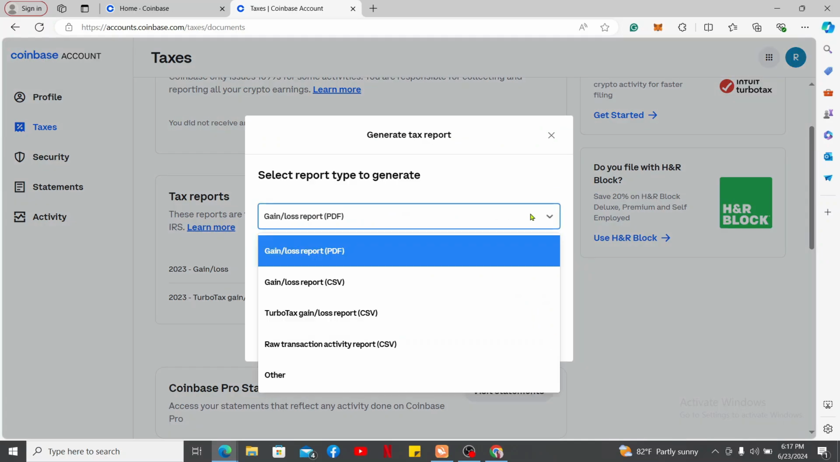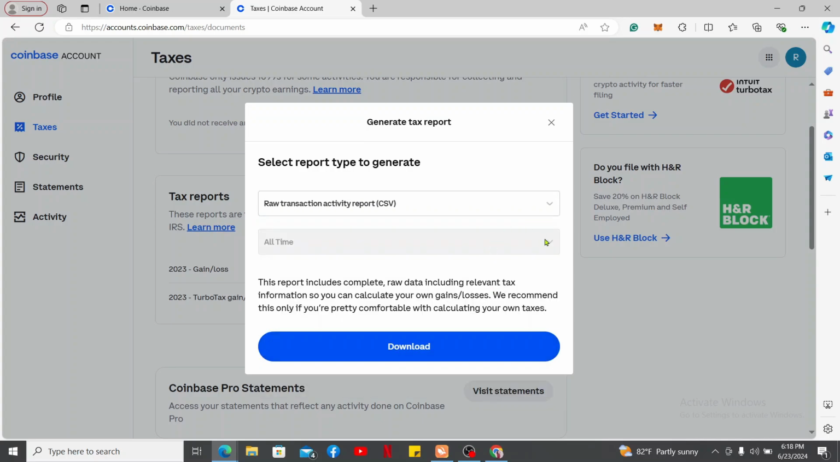Select the report type to generate and select Raw Transaction Activity Report from the drop-down. Now you can also define the date range for the transaction you want to include, but in this case it's not available. And finally click on the download button and you will be able to download the transaction history for